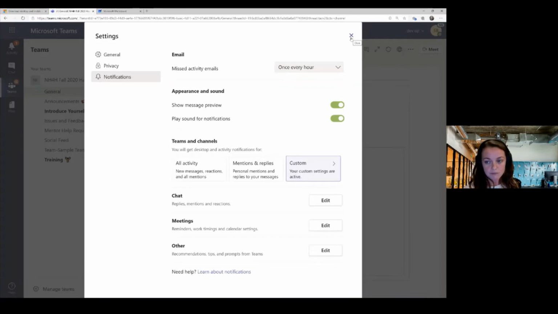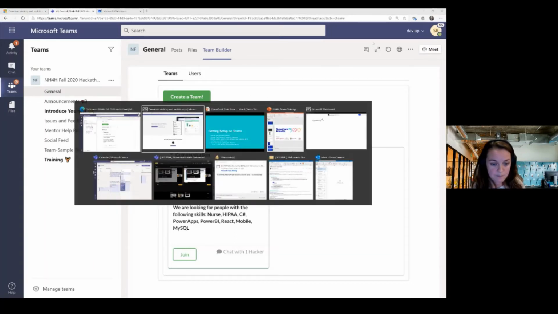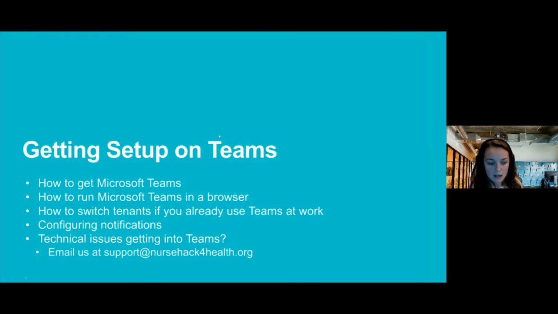So with that, we went over downloading Teams, how to run it in a browser, how to choose a different tenant if you're already using it, and how to configure notifications. Now, again, one thing we want to note is that if you're still having technical issues, please don't hesitate.